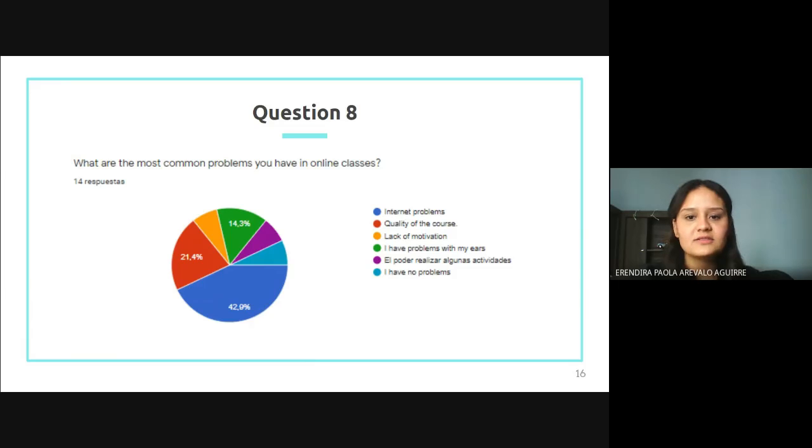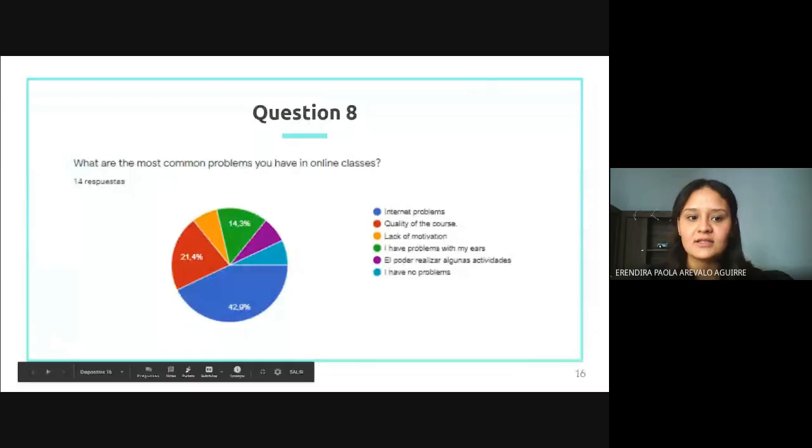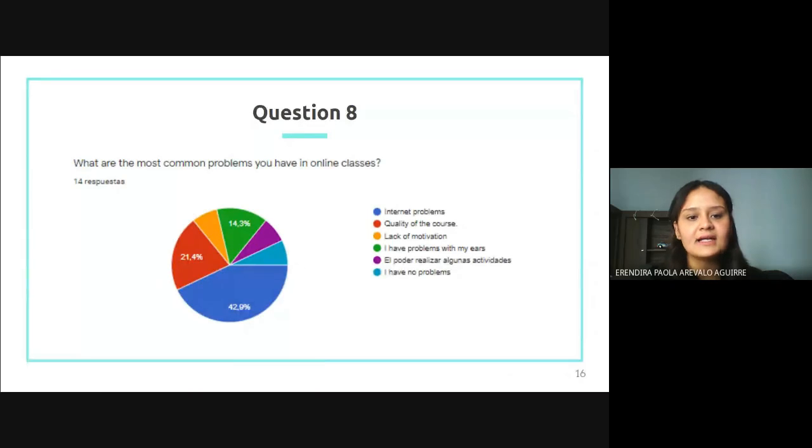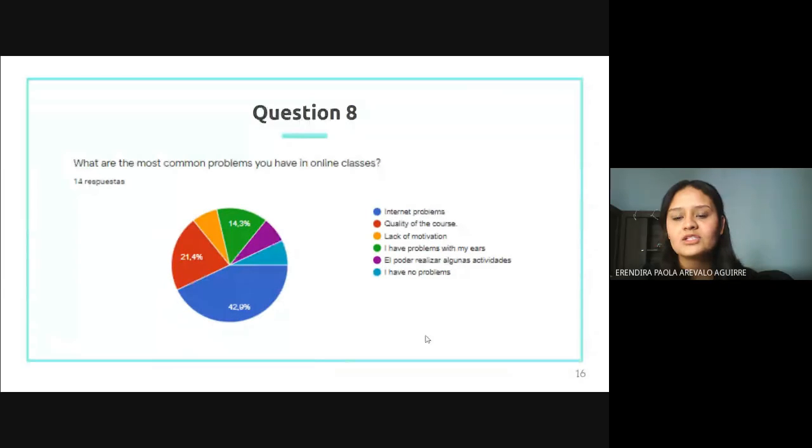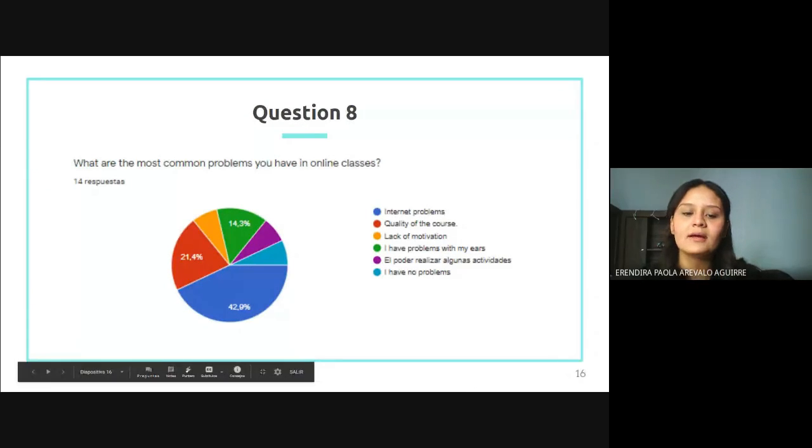Okay, so as far as question 8, which is, what are the most common problems in online classes? 21.4% of students expressed that they had a problem with the actual course. 42.9% said that they had problems with their internet, which may have caused them to miss important things in class or important things they needed to know about. 7.1% say they had a lack of motivation, which may prevent them from learning. 7.1% expressed that they had no problems, and 24.4% picked other, of which 14.3% chose